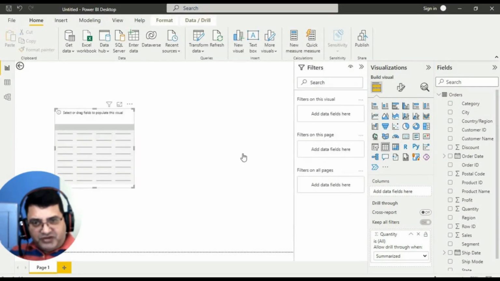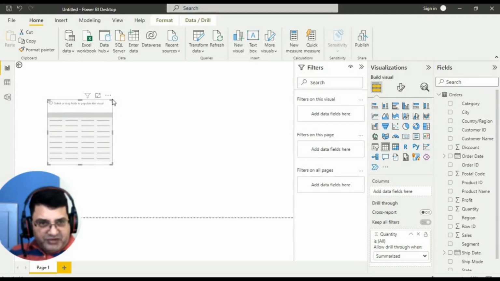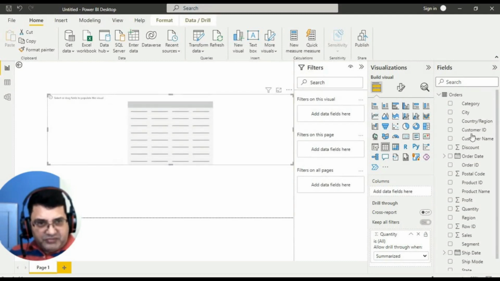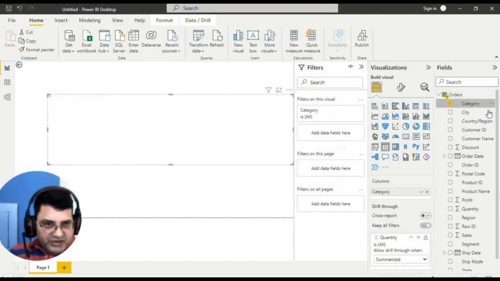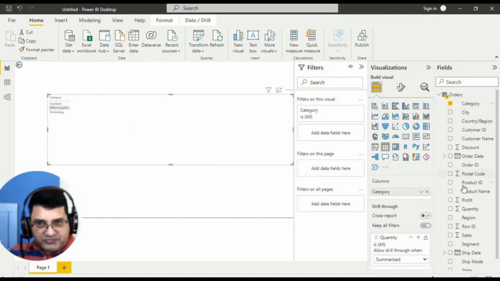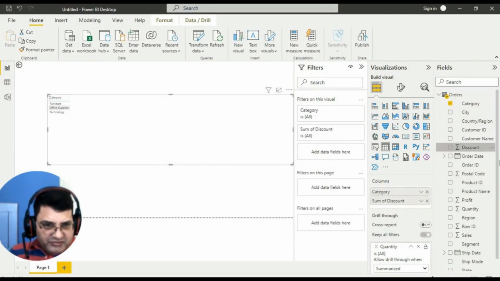I just increase the size, and then I will put certain categories in the column. First of all, I will take this category. So we have this category here. Then I will take discounts, and after that, I will take region. You can take a region also or whatever. I will take the city also,